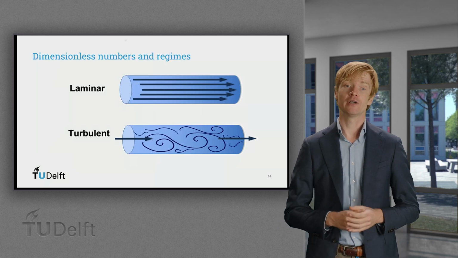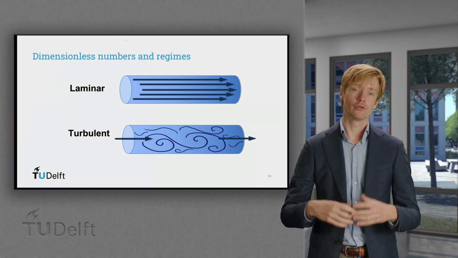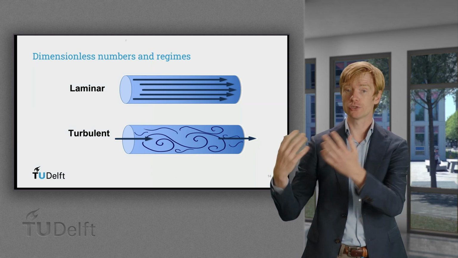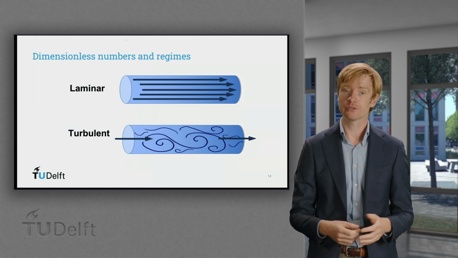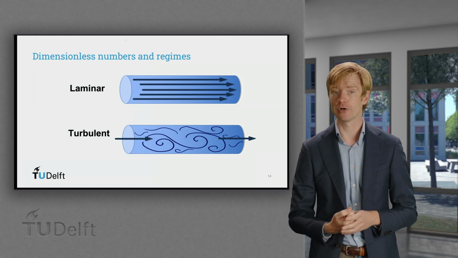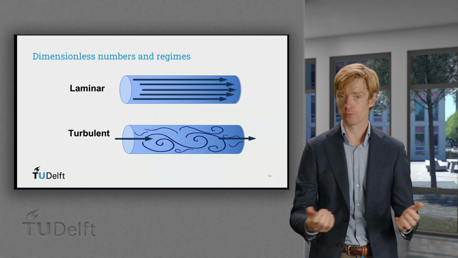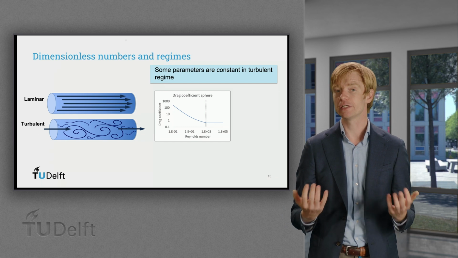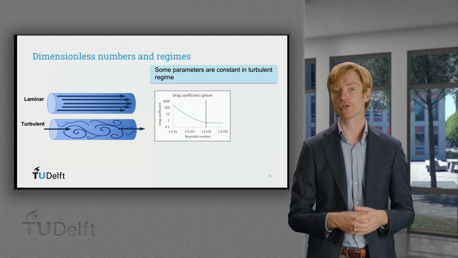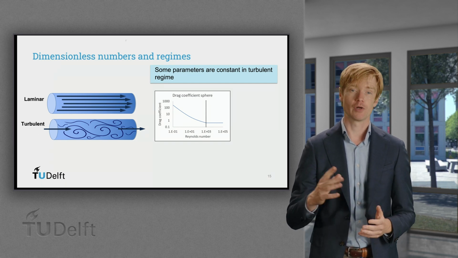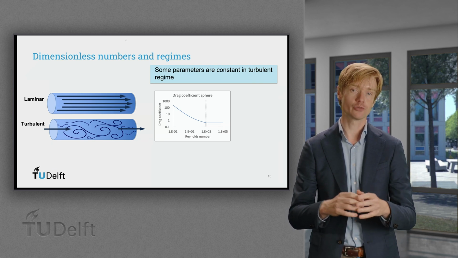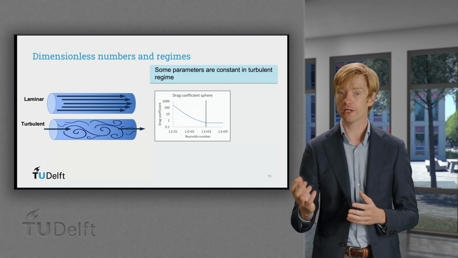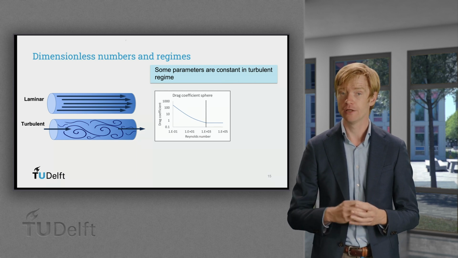As you may remember, at a certain Reynolds number, the flow in a pipe transitions, for example, from laminar to turbulent, and some parameters, such as the drag force on a spherical particle, become constant once you reach the turbulent regime. In these cases, it's not needed to exactly match the value of the dimensionless numbers. For similarity, it suffices just to be in the right regime. Of course, this requires knowing where the threshold between regimes lies.